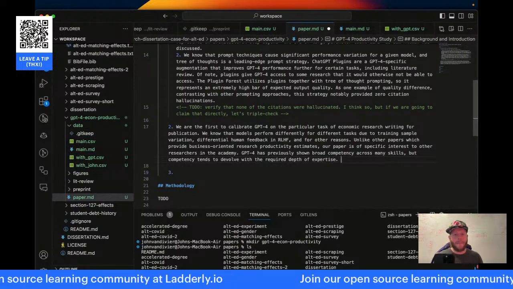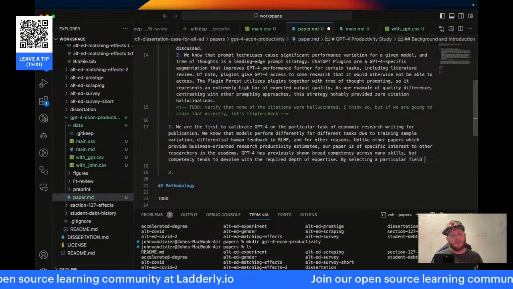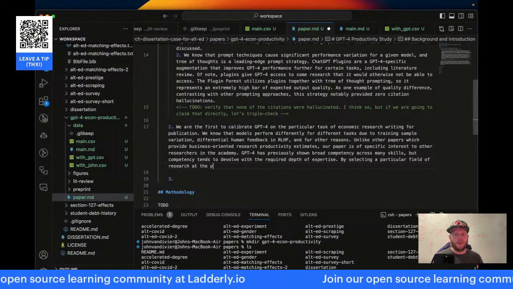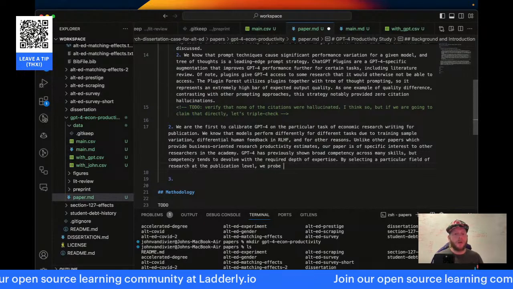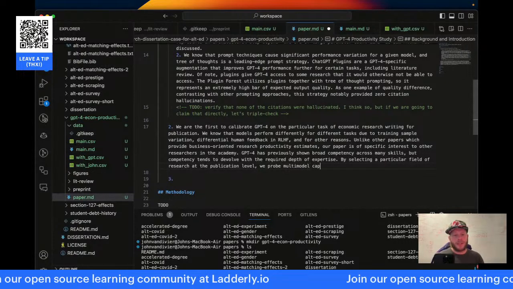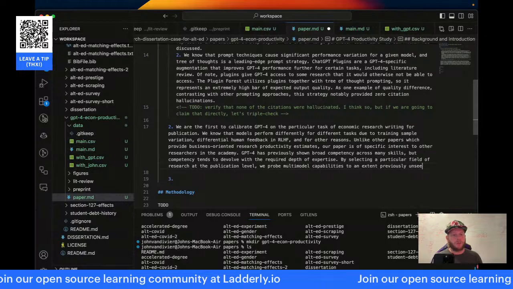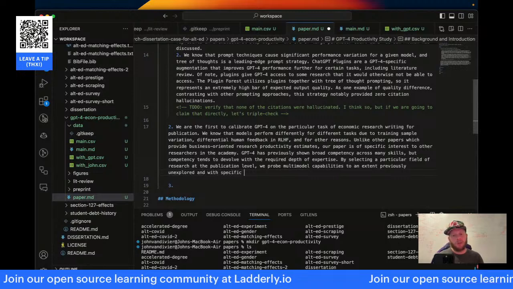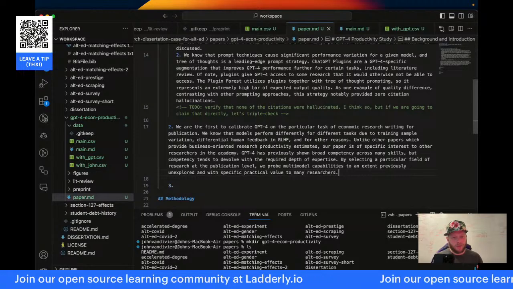By selecting a particular field of research at the publication level, we probe multimodal capabilities to an extent previously unexplored, and with specific practical value to many researchers. Great.